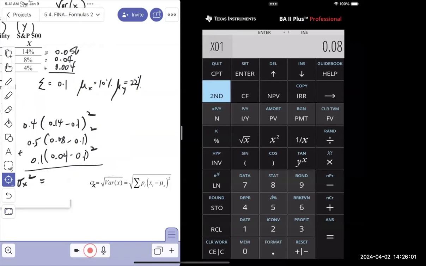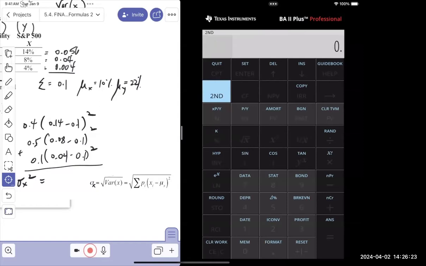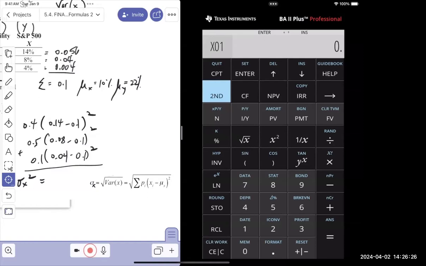Then 0.08, I'm going to the second bracket, minus 0.1 equals, squared, and store it in 2. And finally, this one, the third, 0.04 minus 0.1 equals, squared, and stored in 3. And then put them into the